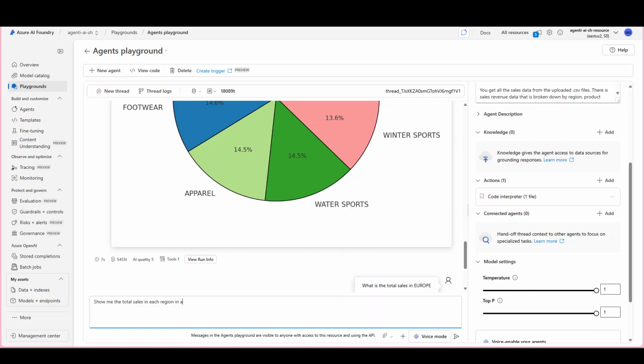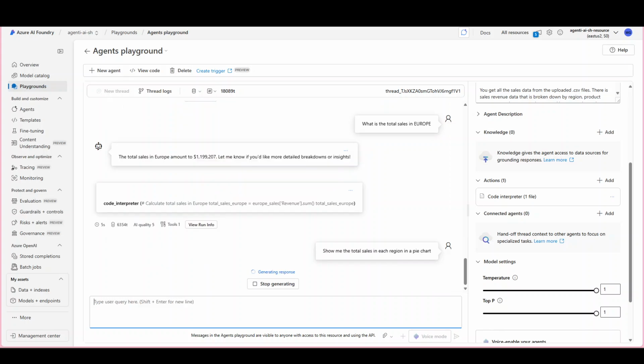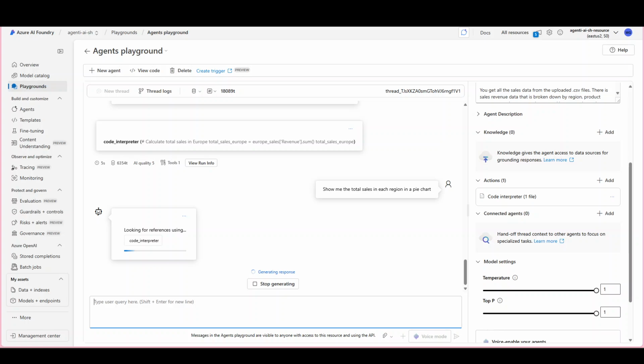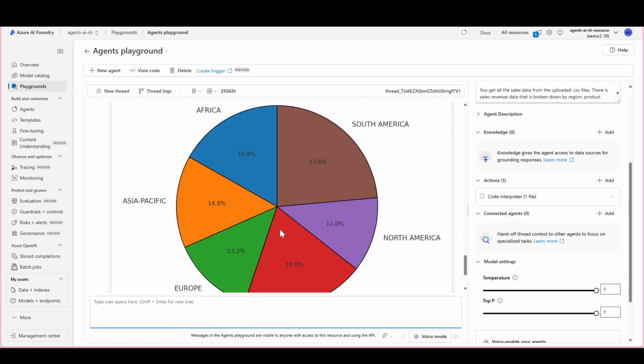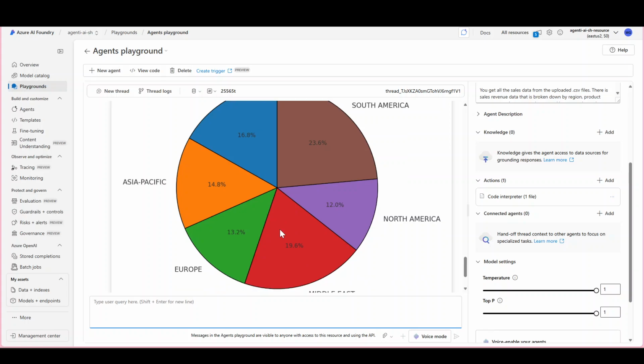Where is this? So you have got Europe, Asia, Africa. You will find all the data coming in. And in a pie chart format, all the regions, North America, Middle East, all of them are shown in the graph displayed. So it's actually coming from the CSV file and showing